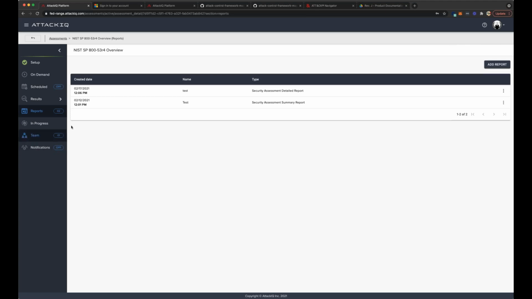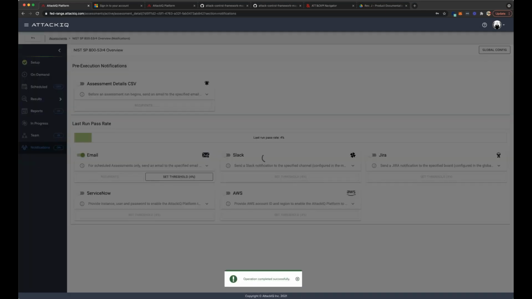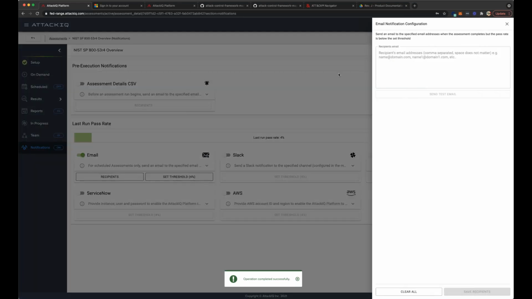And finally, outside of being able to produce reports, notifications. So being able to automate this from a notification standpoint. So in this case, we saw that we had a 4% pass on this last run. So now we can set a threshold. Now we said, okay, based on this environment, our baseline is 4%. So if we go below 4%, and let's just use our imagination, let's say this is 80%, right? If we fall below that, based on a defined threshold that we want to set here, similar to how I set this up with regards to the scheduling, right? So if I did